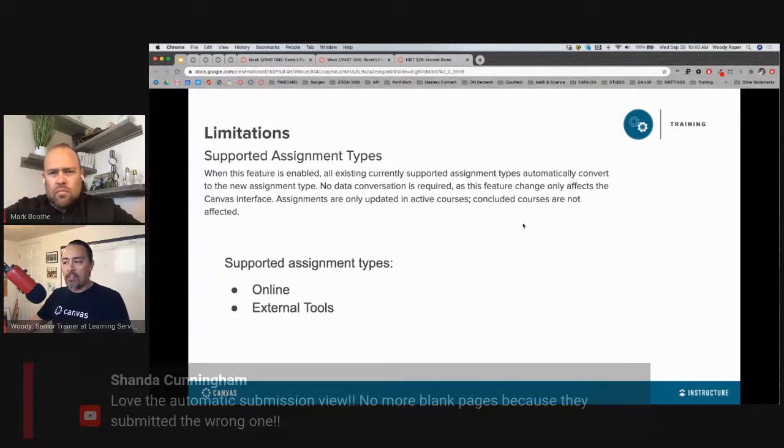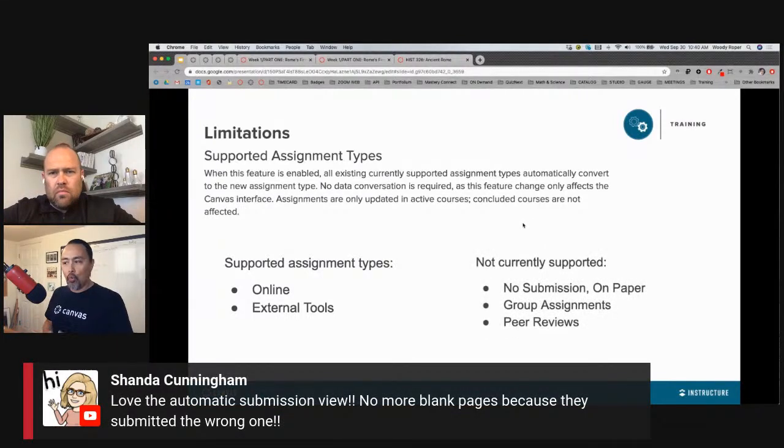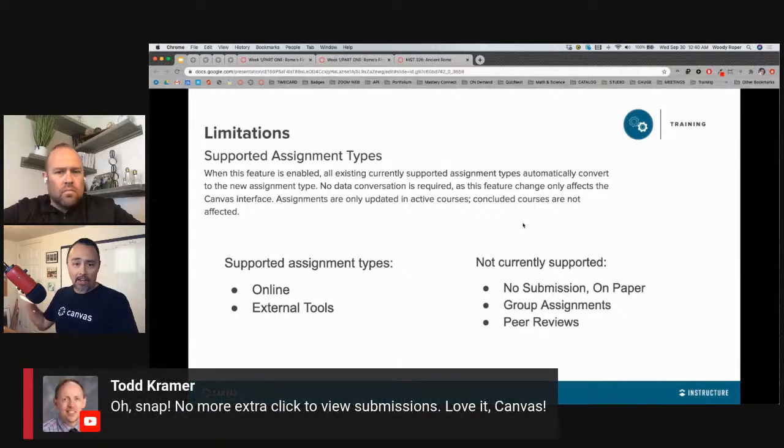Right now, what is not supported with this tool is non-submission assignments. So those are just the assignments that you create because you need a grading column: presentation assignments, walking around the classroom asking question type assignments, or anything that would be labeled on papers, that stack of papers that you have to grade. Group assignments and peer reviews are not supported at this time, but I wanted to show you